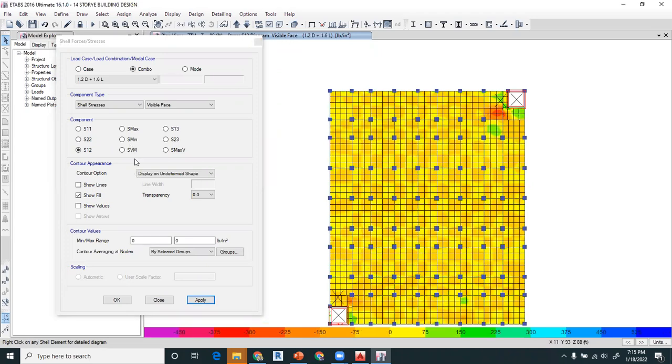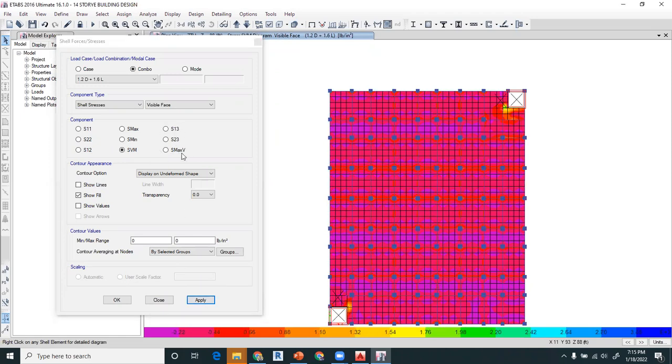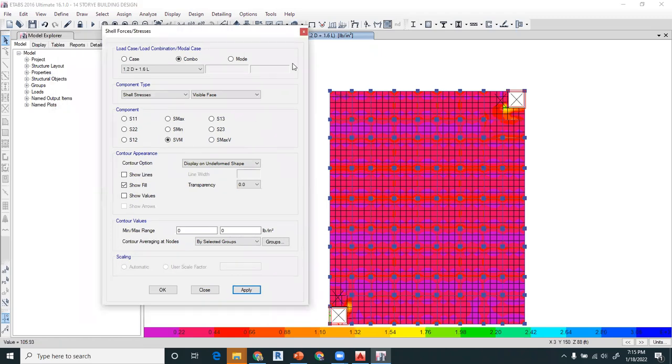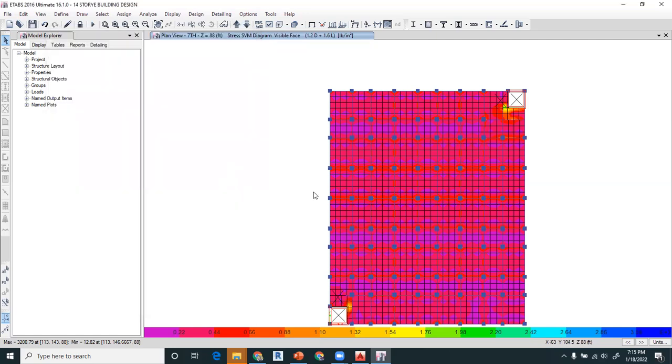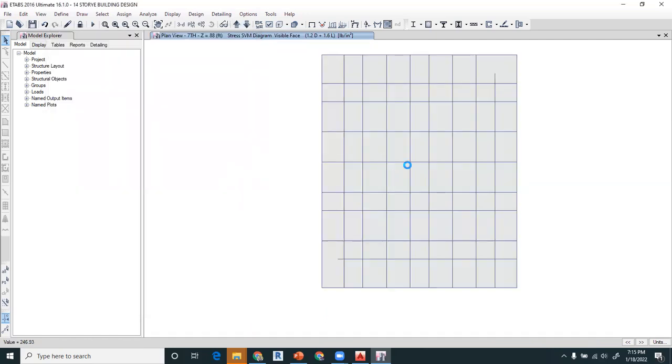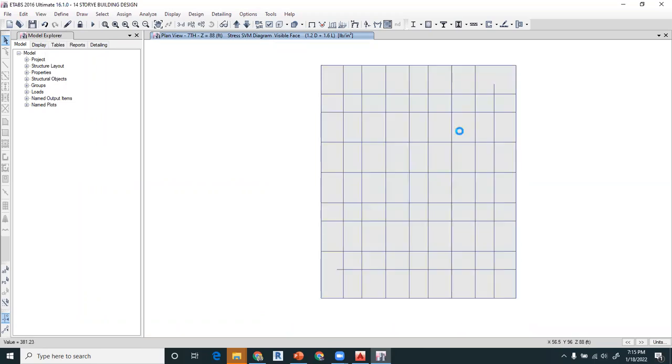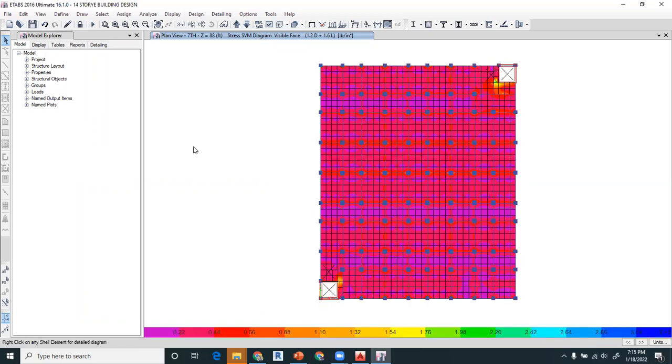So these are the principal maximum stresses, and these are the principal minimum stresses. These are the maximum shear stresses. These are the out of plane shear stresses, right? And this is the out of plane maximum shear stress. So you can see different stresses in your slab, shell, or raft, wherever you are interested, right? This was the whole story of today's session 6, and tomorrow inshallah we will be talking about checking the drift and torsion irregularity and how